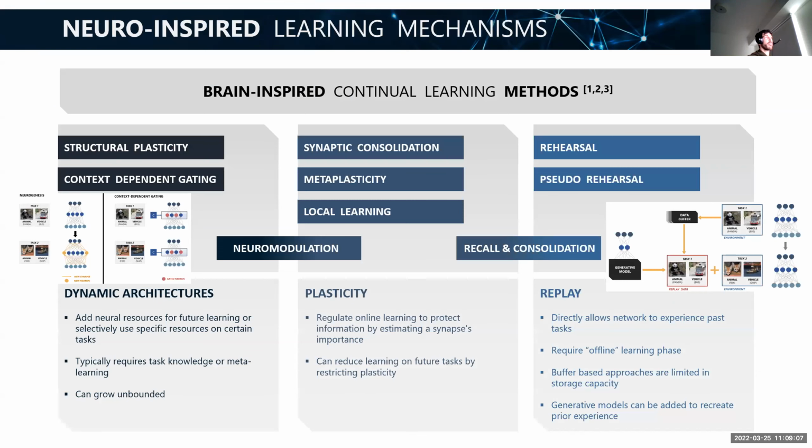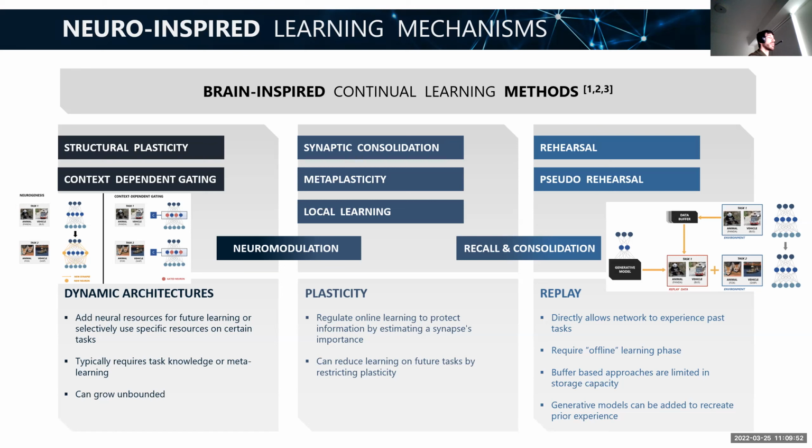So, a quick recap of neurally inspired mechanisms for lifelong learning. I can group these into three broad groups. The field is continually growing and people are proposing new models. The first one that I'll talk about is dynamic architectures, which are approaches that usually involve either selecting a subset of neural resources to use, like context-dependent gating, or some form of structural plasticity, where you're growing or removing neurons and synapses over time. So you're changing the architecture of the network as needed while learning new tasks.